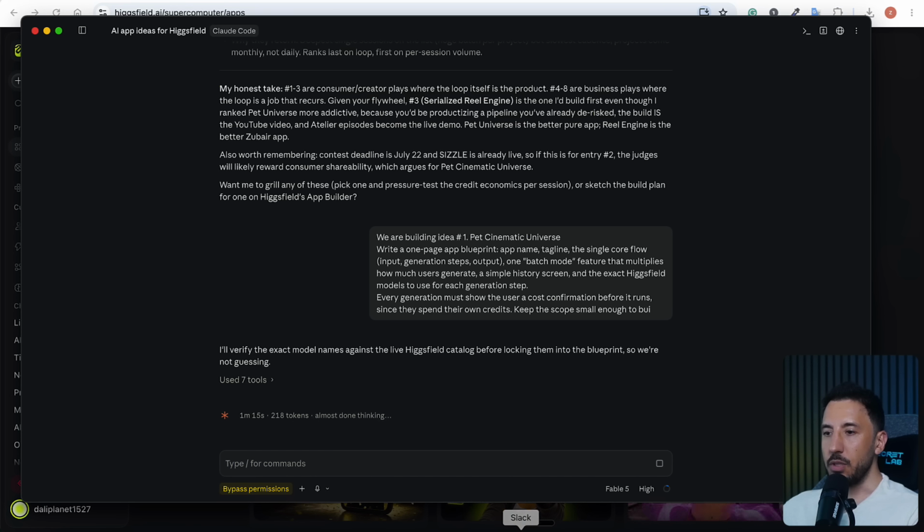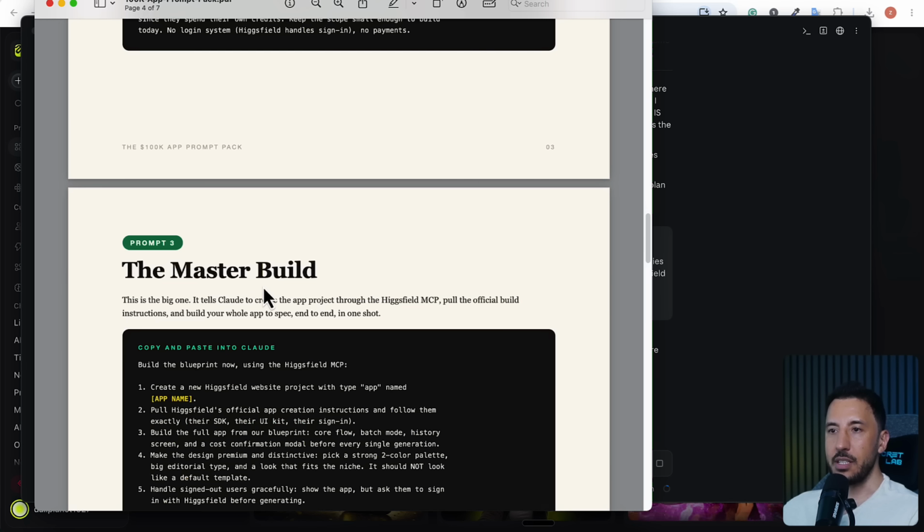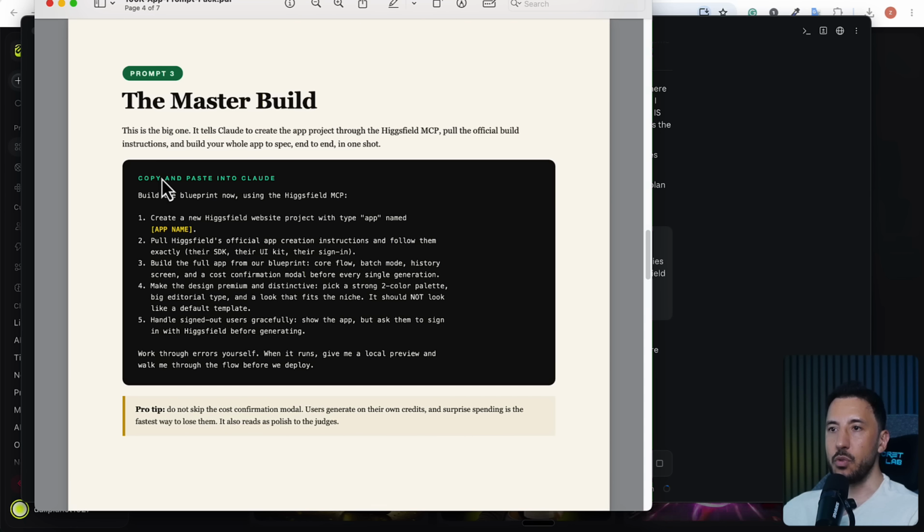So afterwards, once we're done with this, you're just basically going to follow the next step. Now afterwards, you're just going to go ahead and do the master build. Now this is the big one, right? It tells Claude to create the app project to the Higgsfield MCP. So in order to do this, before we do this, while that's building, we need to install our